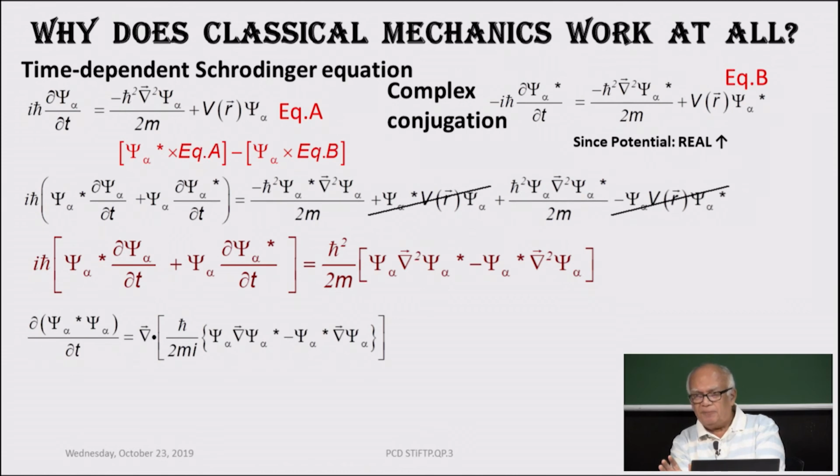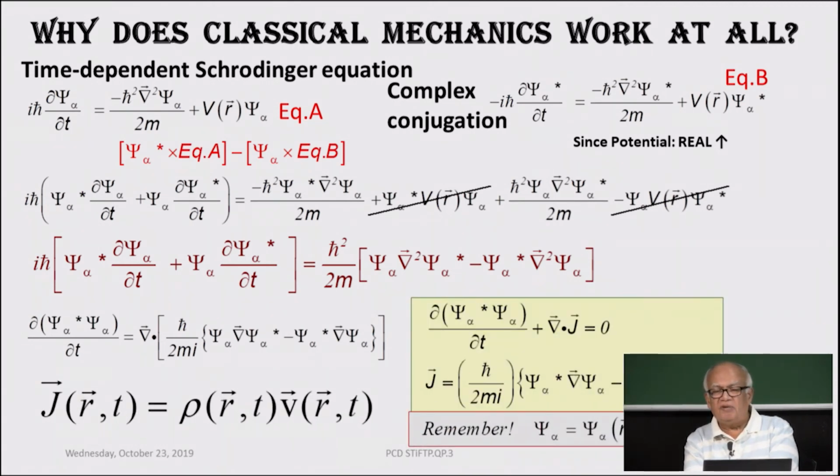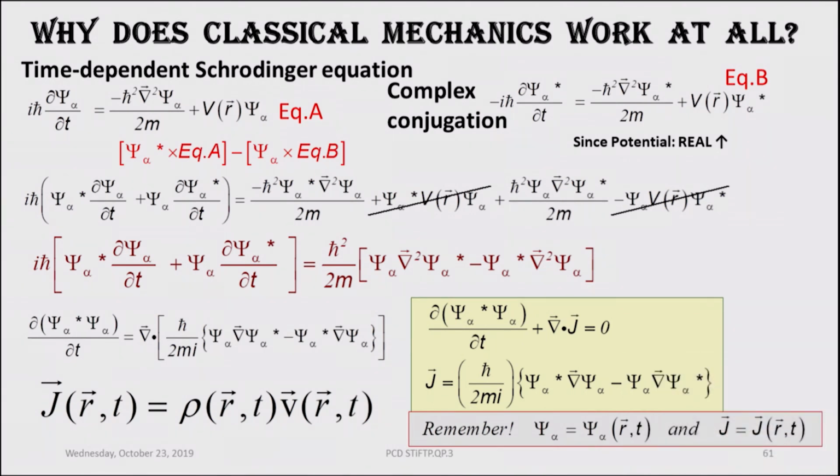The idea is simple, right? So what do you have? You have got the time derivative of the probability density given by the divergence of this function. And how many times have you seen this relation earlier in different courses, right? This is the equation of continuity, right? You have seen this in fluid mechanics, you have seen this in electrodynamics, and now you are seeing it in quantum